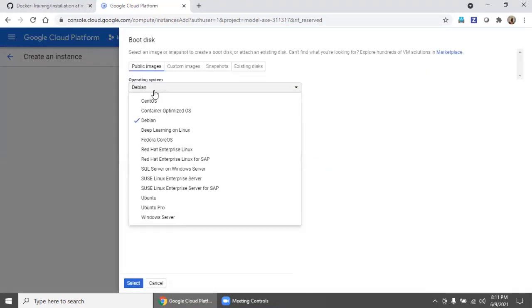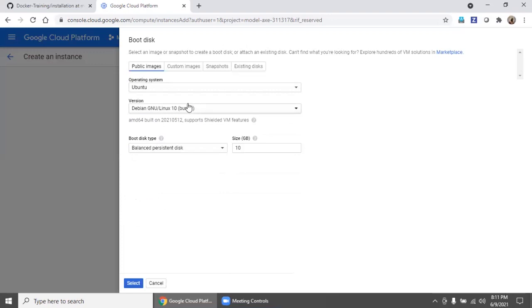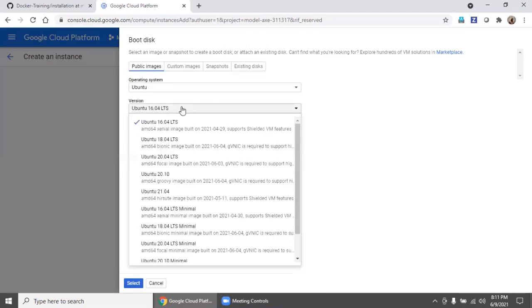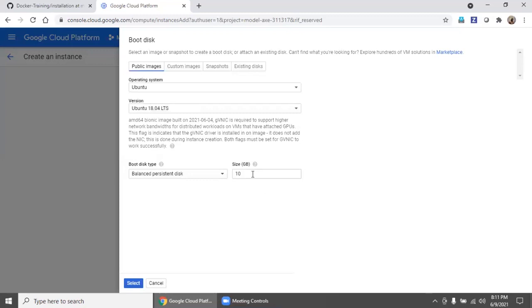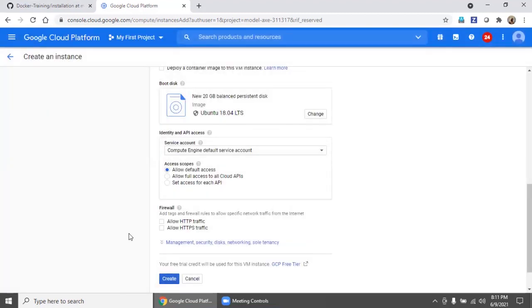I need to select the OS, so first we will create Ubuntu 18.04 LTS. I'm going to put a 20 GB disk, say select, and then I am enabling it all, and then say create.